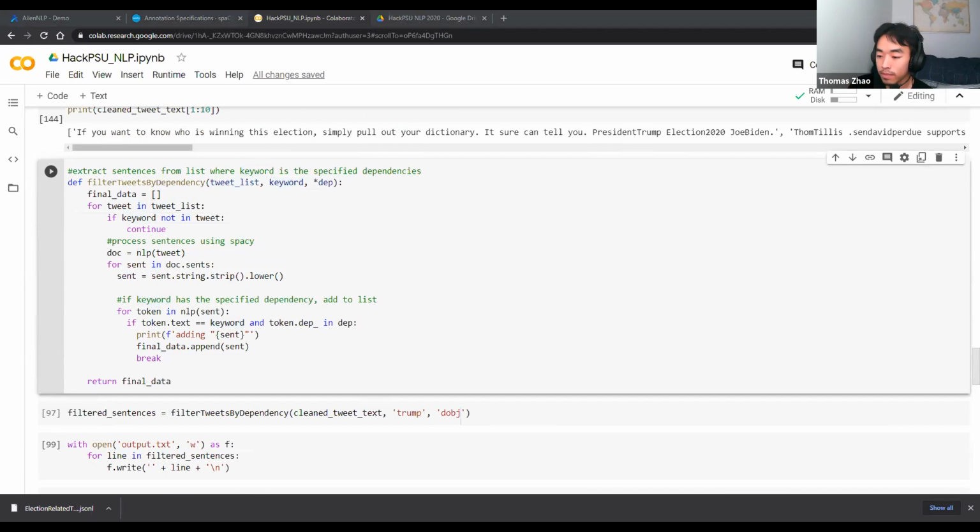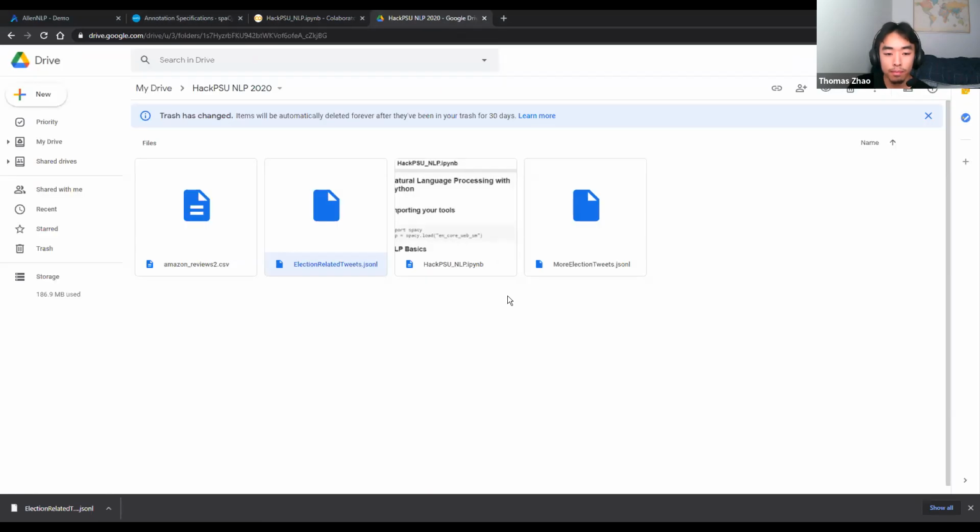The Colab about machine learning. Did you get this file here? HackPSU NLP? Because I have it in an IPython file. The only thing I have here is the election tweets and the Python notebook.